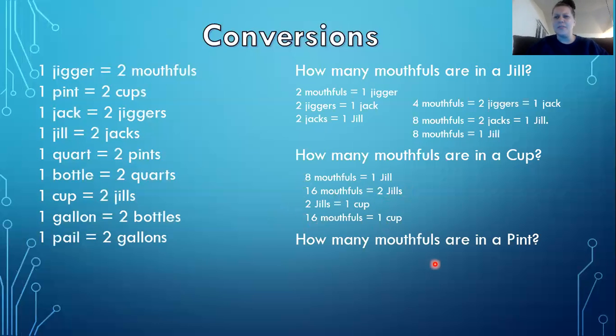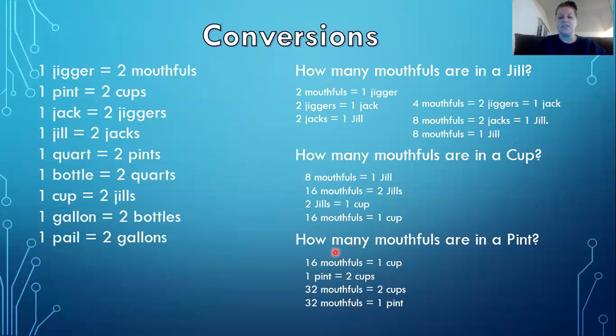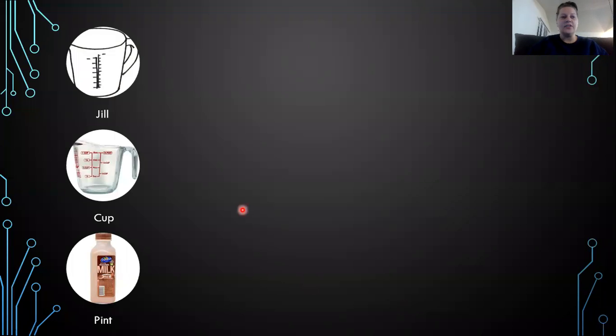Now how many mouthfuls are in a pint? If we look over here, we see that there are 2 cups in 1 pint. So just like we did with the mouthfuls in the cup, we're going to be doubling everything. There's 16 mouthfuls in 1 cup and 2 cups in 1 pint. So we're going to double it, and it's going to be 32 mouthfuls for 2 cups, which makes 32 mouthfuls for 1 pint. Now here is just a picture representation of how many mouthfuls are in a jill, cup, and